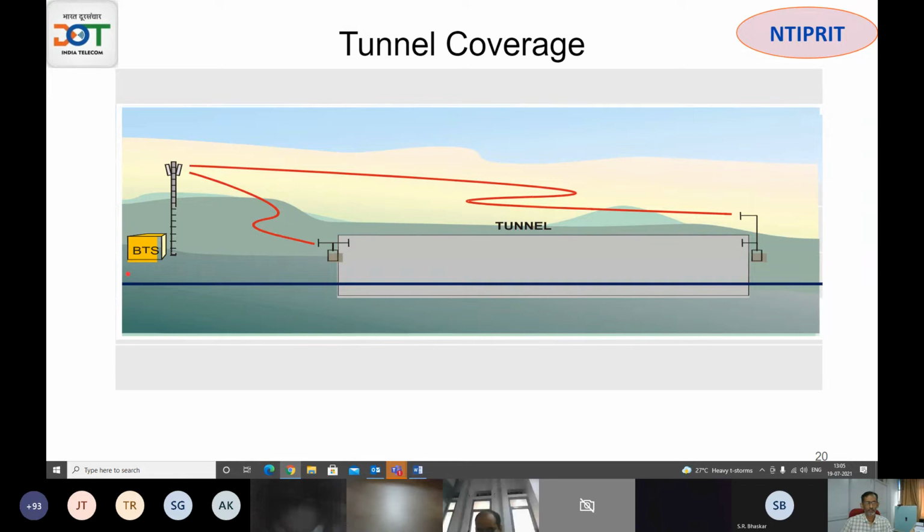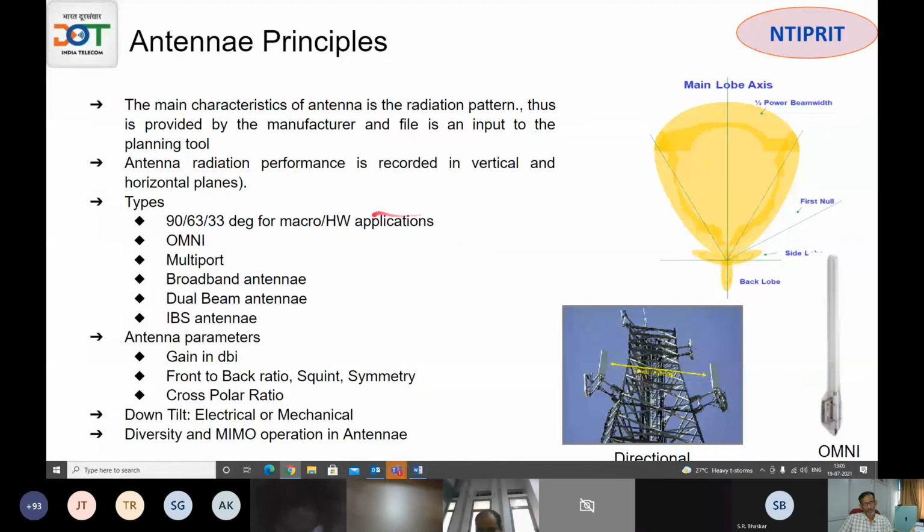In Delhi itself, the metro is now covered, but bigger tunnels are a very big challenge. Another point I want all of you to get introduced to is the various choices of antenna that we have in the network. An antenna is a very crucial part of the RF network, but it is not talked about much. So many different types of antennas are available, and being a passive element, most antennas are unmonitored.